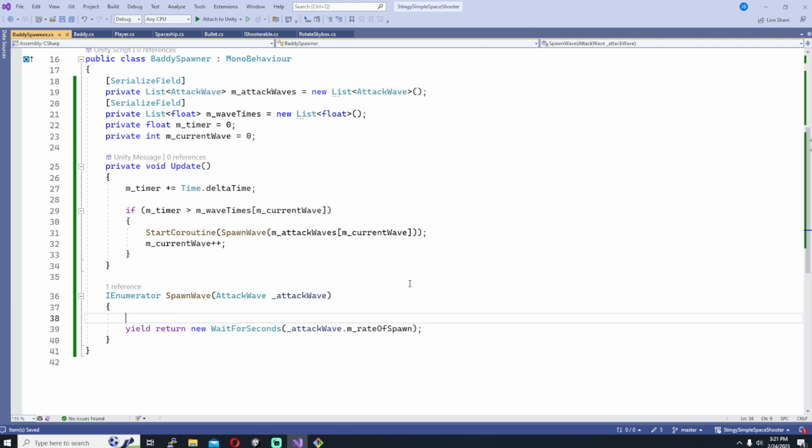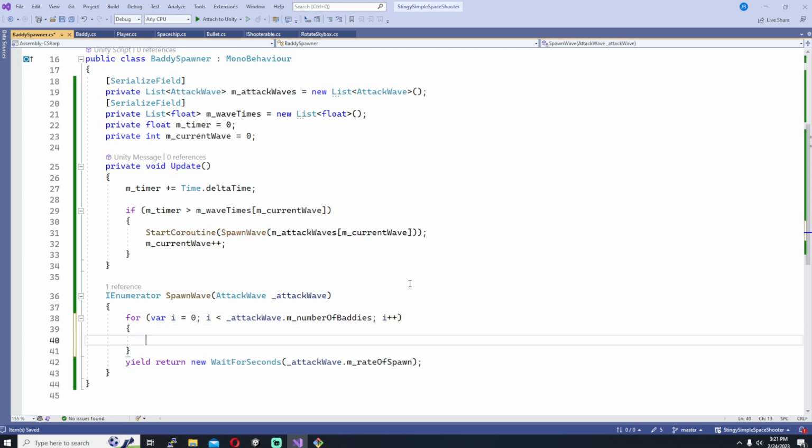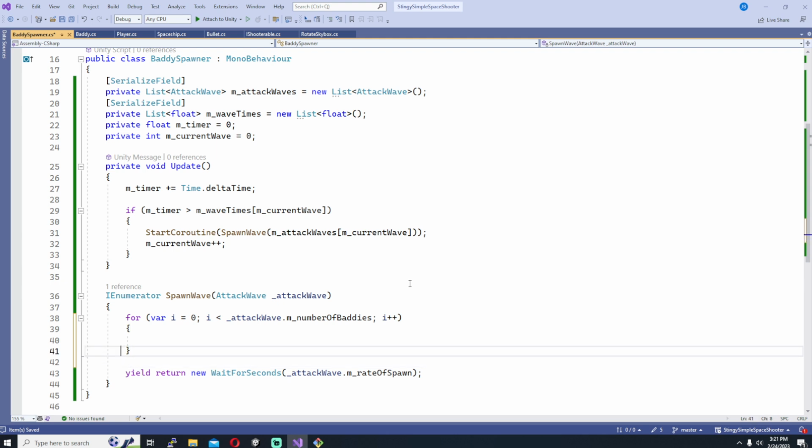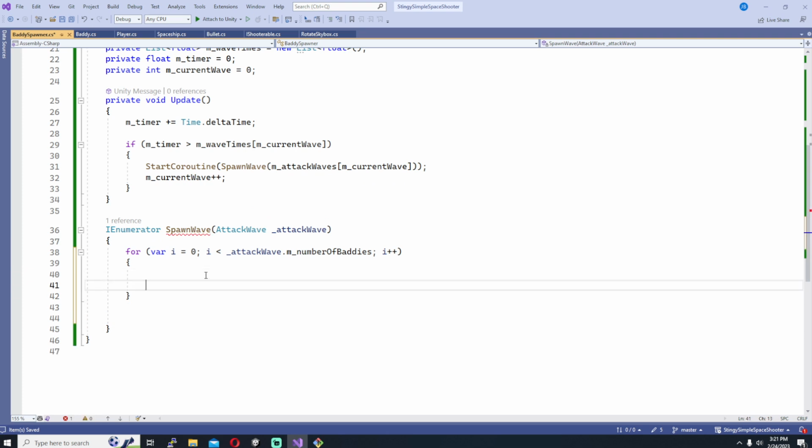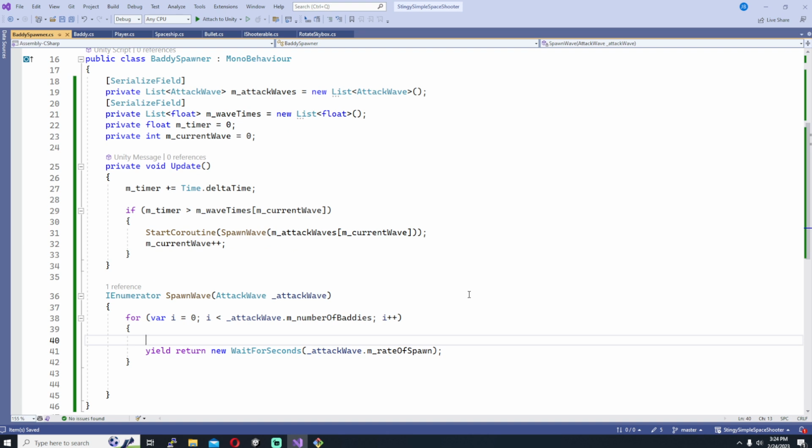But first we need a little loop here. So I'm going to say for int i = 0; i < attackWave.numberOfBaddies; i++. So just a basic silly C loop kind of thing that should do all the time. So now we want to go about spawning our bad guys and giving them the right parameters. So I'm going to say var baddie = GameObject.Instantiate,